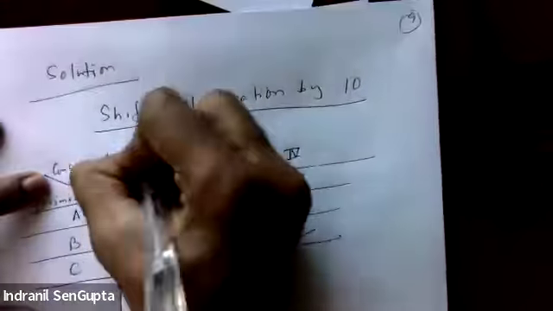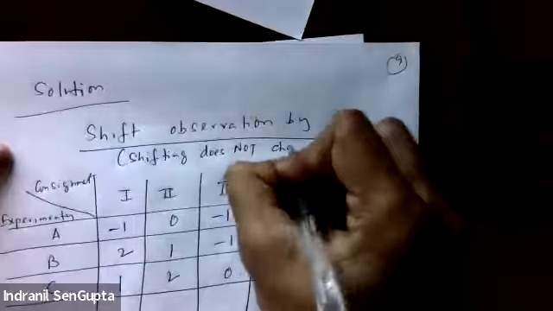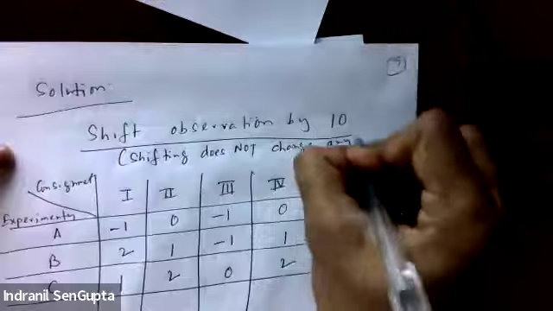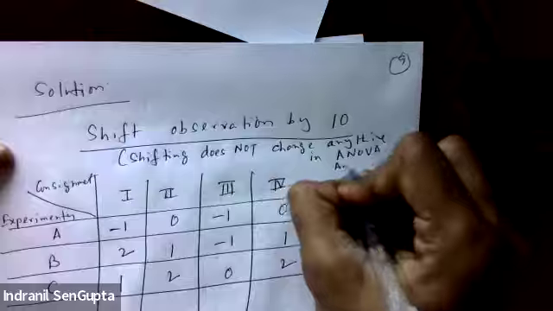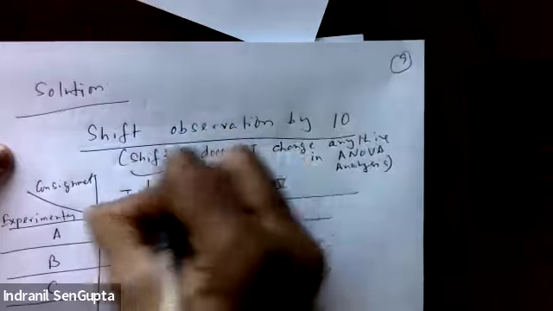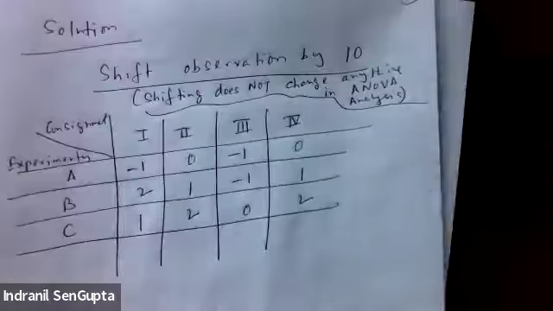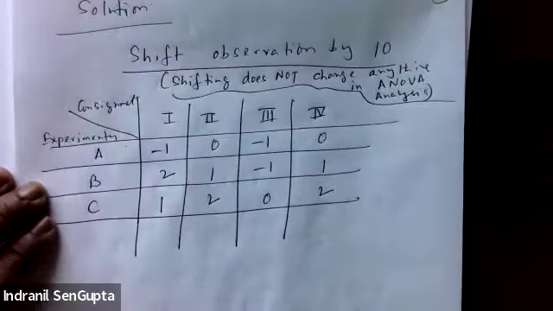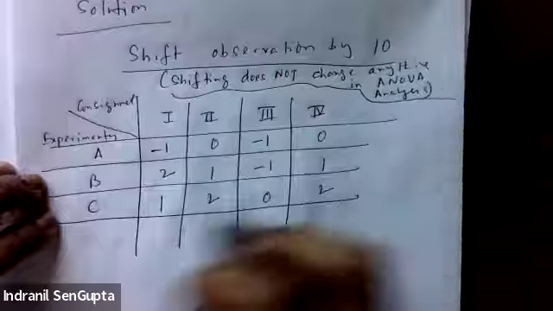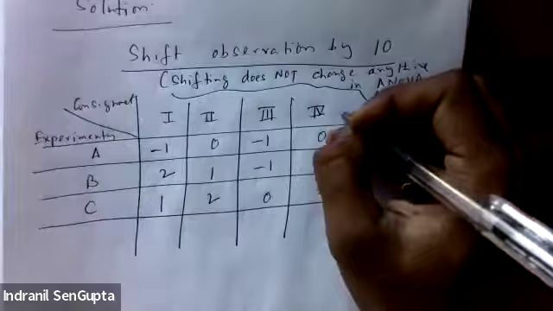So here shifting does not change anything in ANOVA analysis. The scaling does, but we're not doing scaling. But I think in the last class we have done one example in scaling where we actually got back to the original variables. I have shown you how to do it. But shifting is the best thing you can do. All right. So if we have this one,